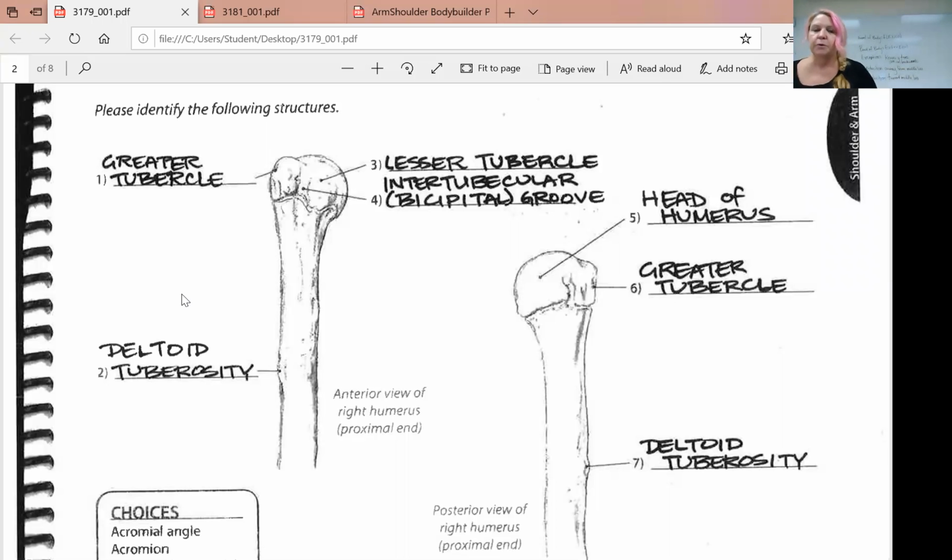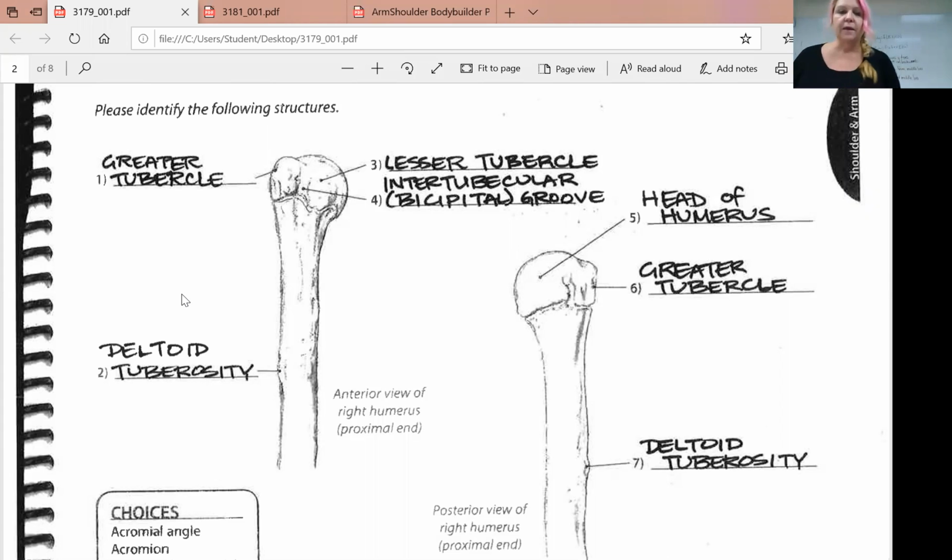When we jump into the posterior view, we have the head of the humerus. And then we can see that greater tubercle still out there laterally, I apologize, in that posterior view. And then we come down and we can see on the lateral side, when we're in anatomic position, that deltoid